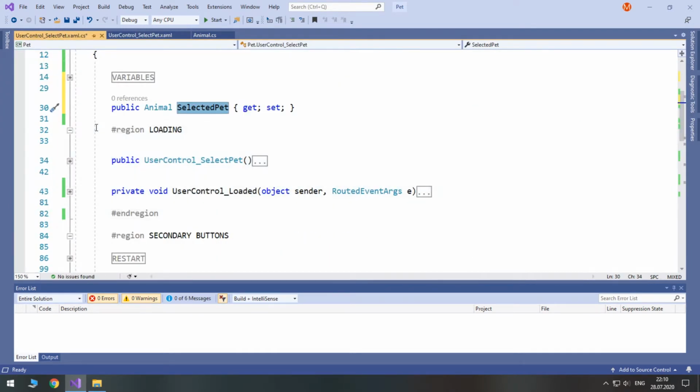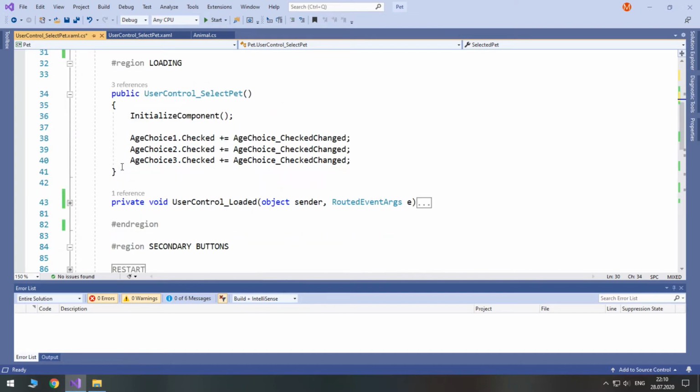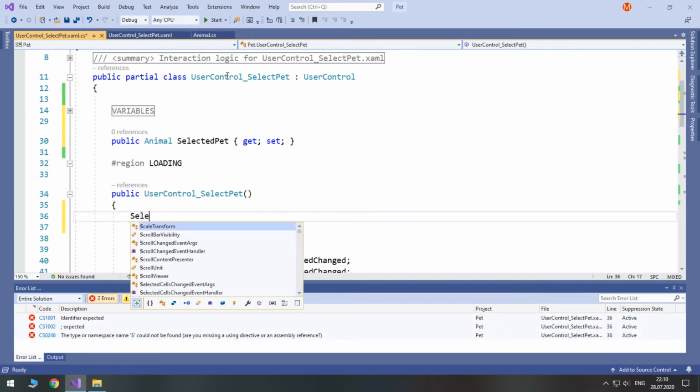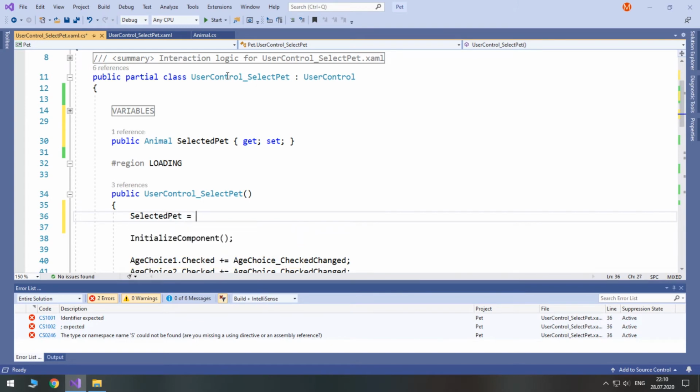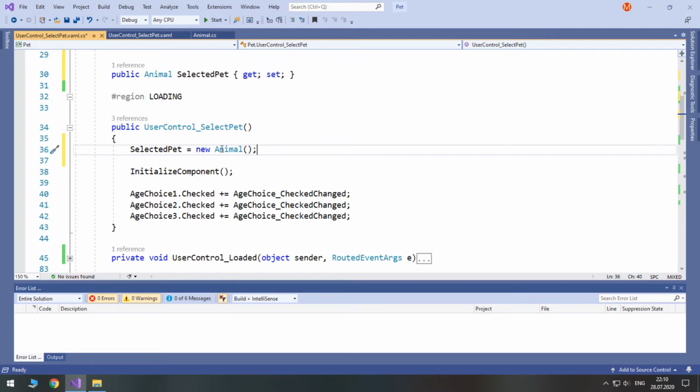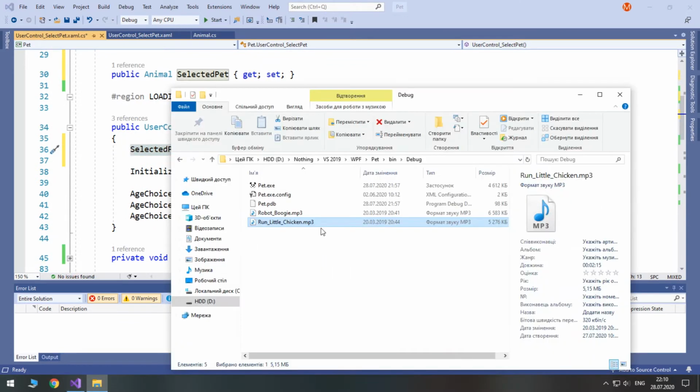Let's open our loading region and enter our constructor. At the very beginning, we will initialize our property with a new animal class. So let's type selected pet equals new animal. So we initialized it. I have also added a new mp3 file to the debug folder.